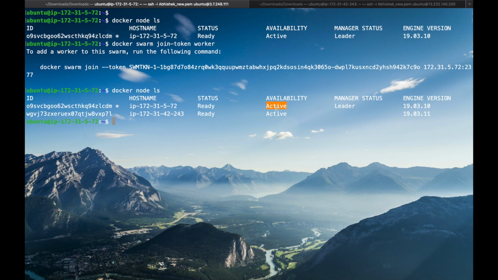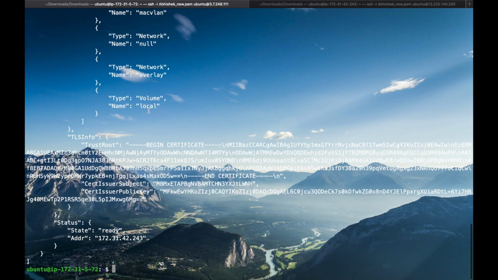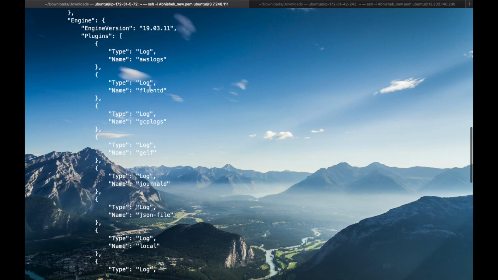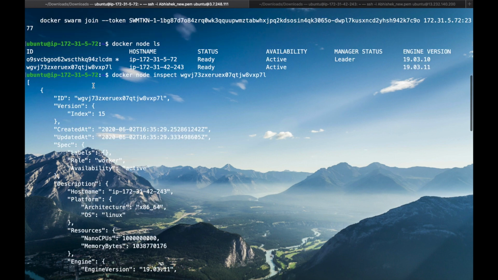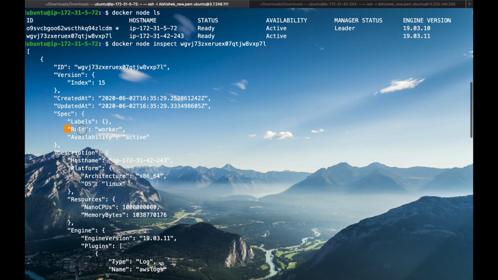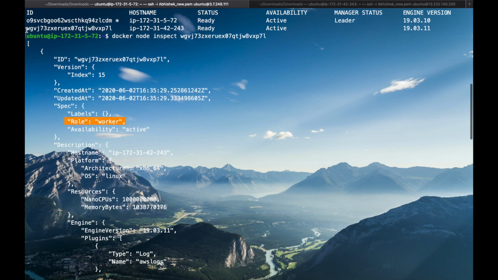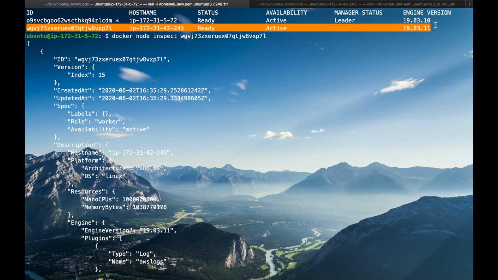For that the command is docker node inspect, and if you inspect the recent node, we get the complete details about that node. Here we can see the role is worker, so this node is working as a worker.